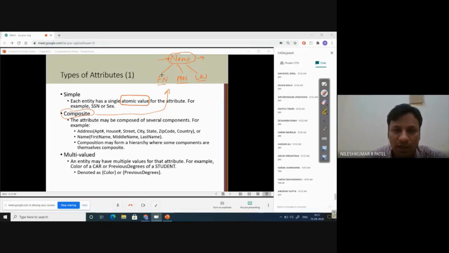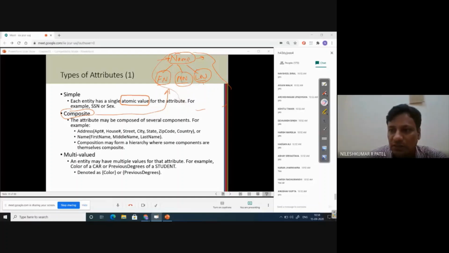We call each of these a component. In some cases, these components are further divided into components again, so this may create a hierarchy. I will discuss one example of this also, but for now do not consider this in the case of name.